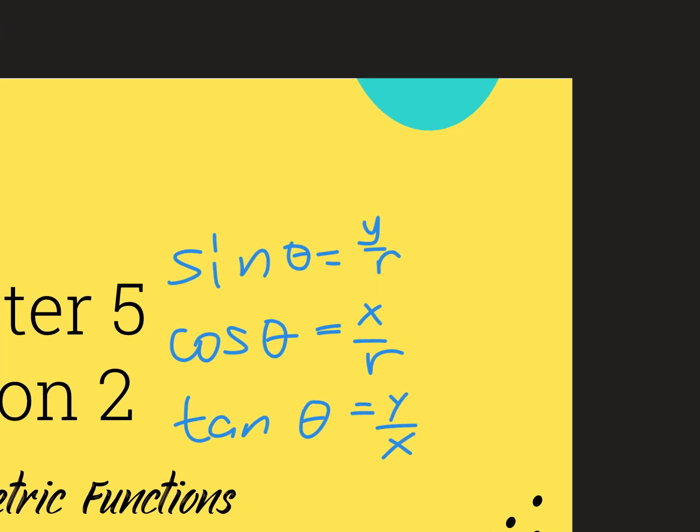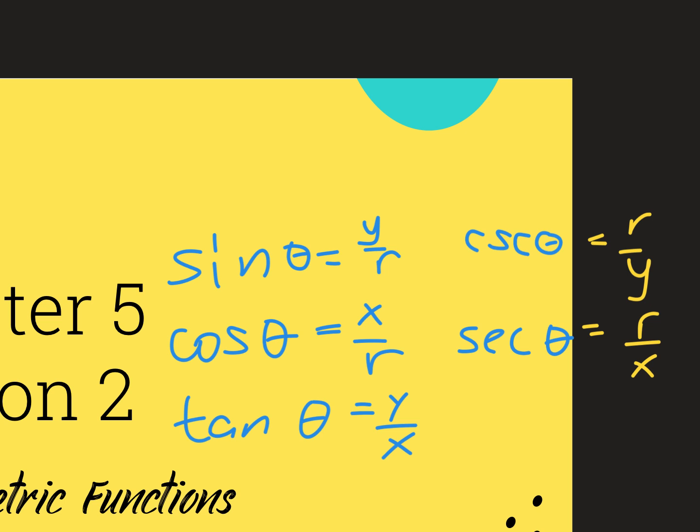What's the reciprocal of sine? Cosecant. Fantastic. What's the ratio? R over y. Perfect. So then I have secant of theta is r over x. Good. And then I have cotangent of theta is what? X over y. Okay. What do we know? R is always